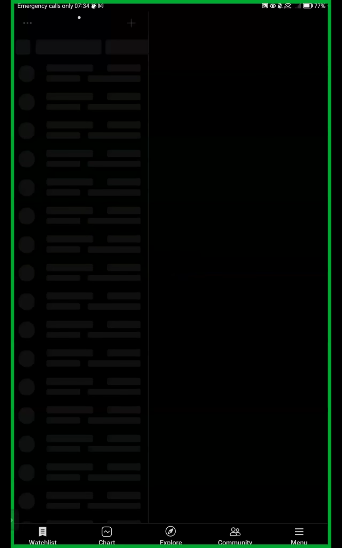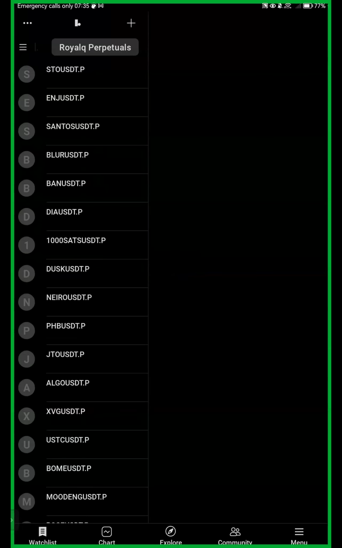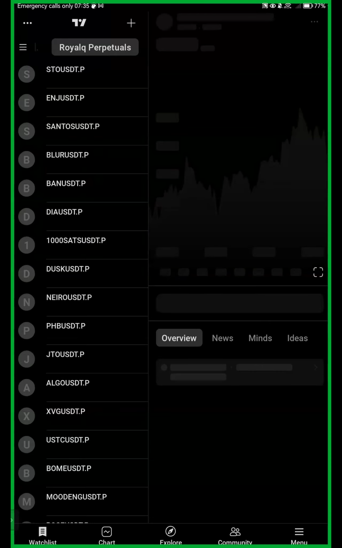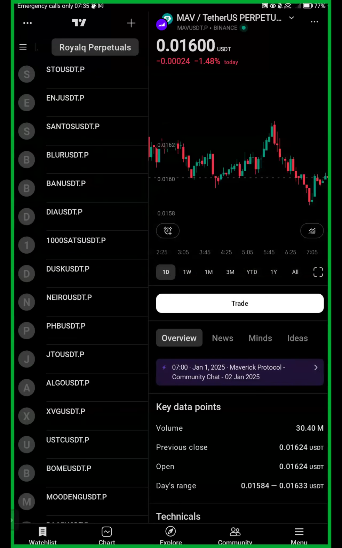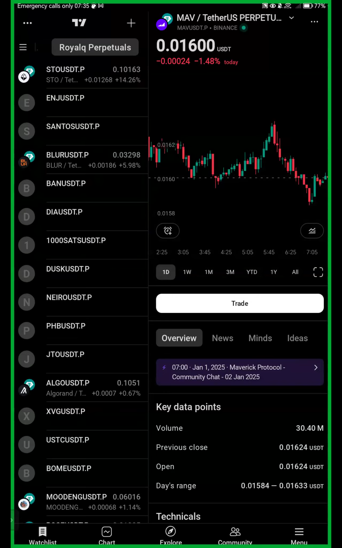Let me come to TradingView just a little bit. So we want to look at the hammer upside down, which is the opposite version of a hammer. It is called a shooting